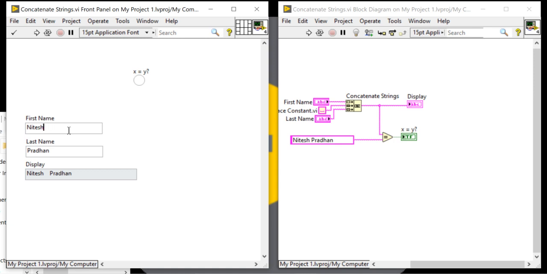So for that I need to write Nitesh and Pradhan properly, and now it will be the same. We don't know how the user will react or how the user will enter the value. That's why we need to control each and everything. Think like a programmer for the problem statement, and for the output, think like a user.